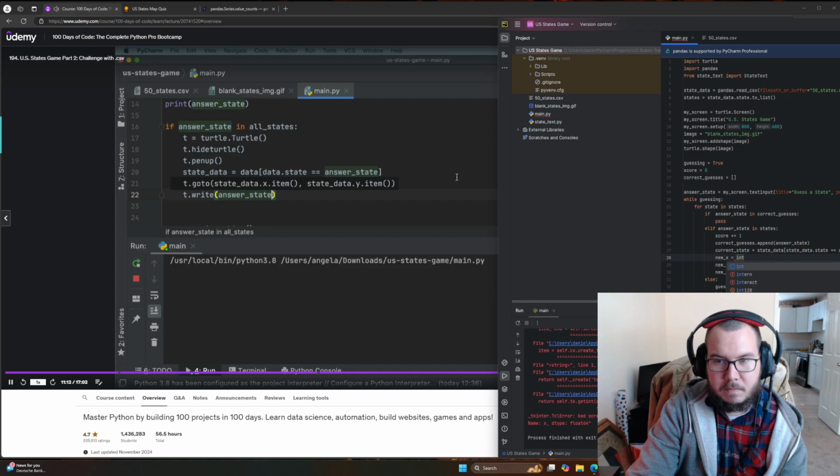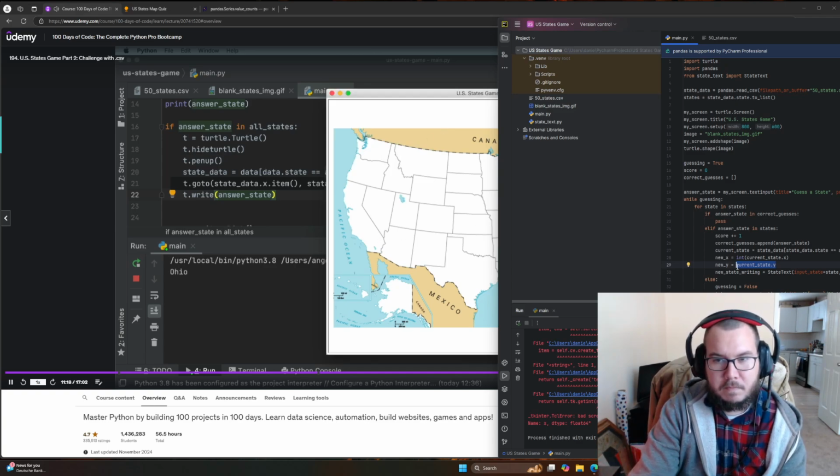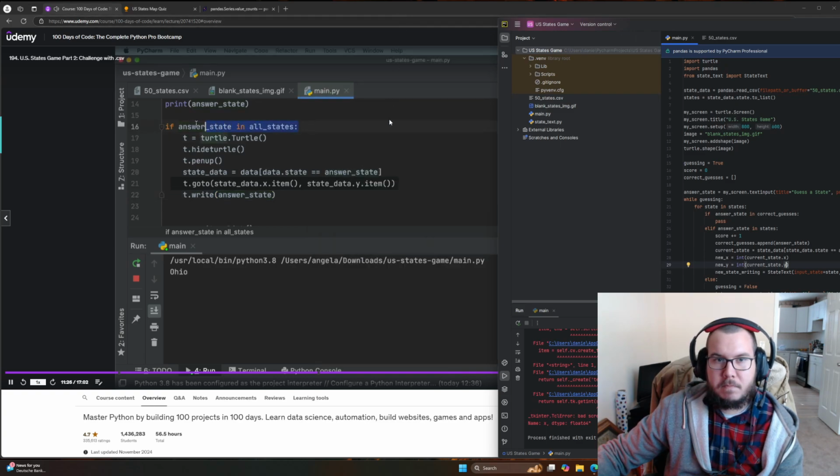So now when I type in the state and it matches one of the states in the 50 states, it's going to go to the X and Y location of that state and print the name of the state that the user has typed in. And because we've made sure